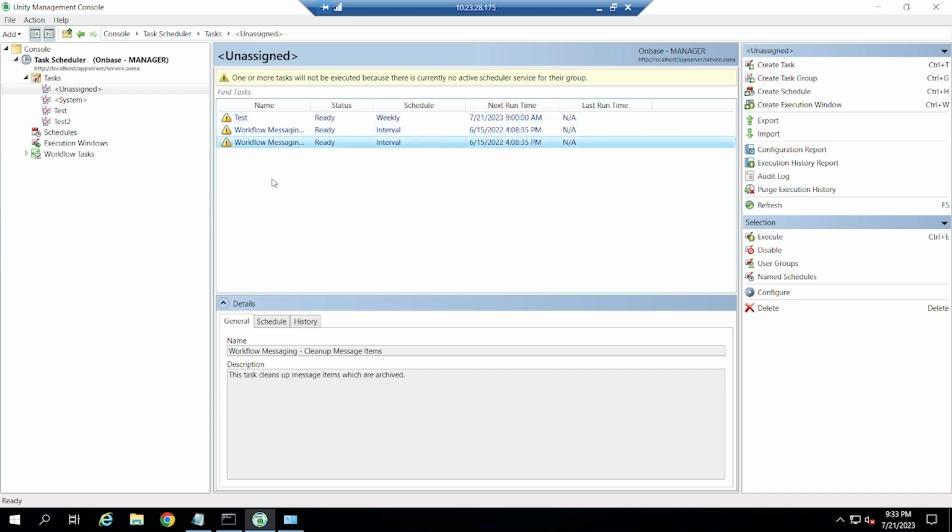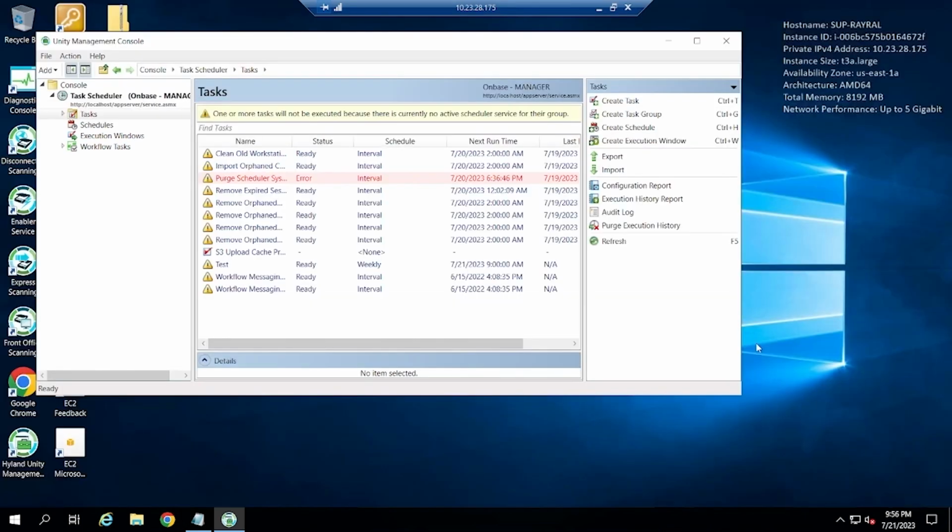Now we know a little bit more about tasks and reports. Let's talk about how to actually create a Unity Scheduler service. Let's first talk about what a service is. A service is a computer program that runs in the background of your workstation. This makes sure that none of the tasks you're currently doing are being overloaded by the background processes.